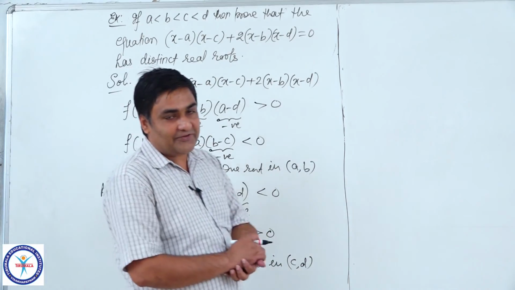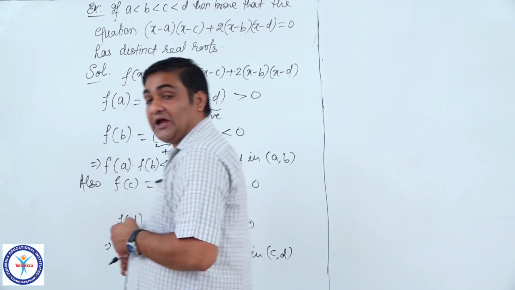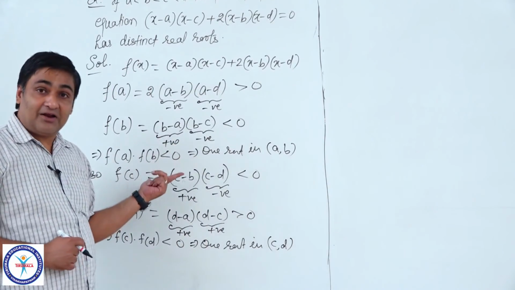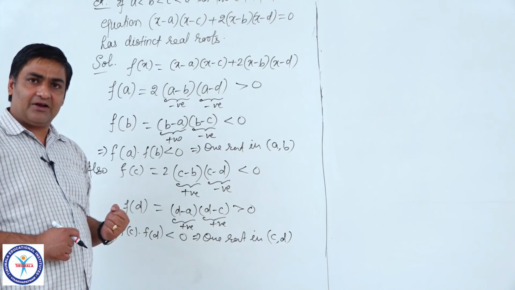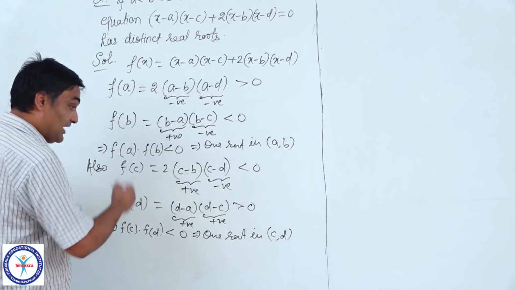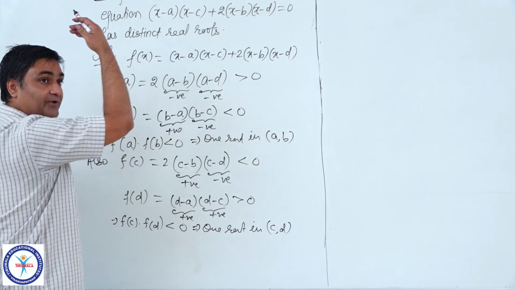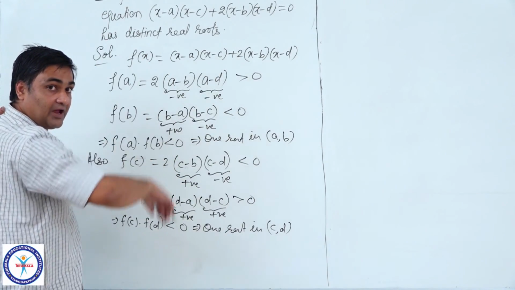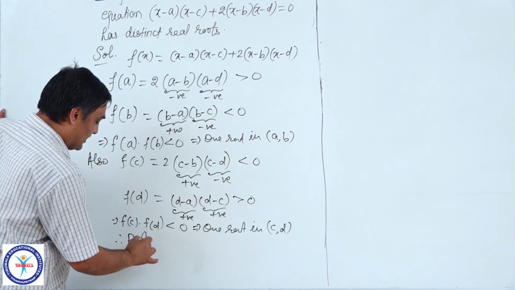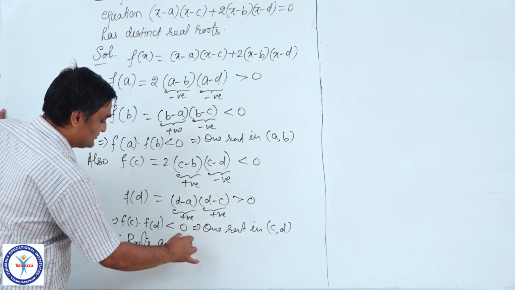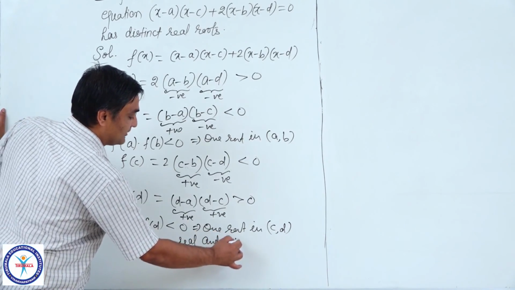So, can't we say that the roots are real? One is between a and b and the other is between c and d. So, they must be real and distinct also, because one is between, say, 2 and 5, and the other is between 9 and 14. So, distinct. Therefore, roots are real and distinct.